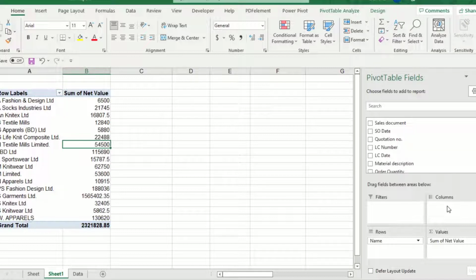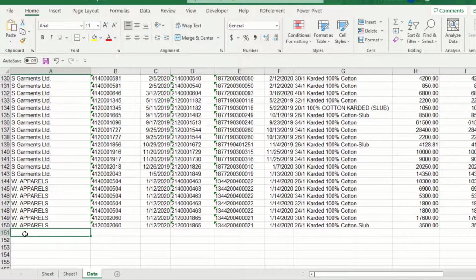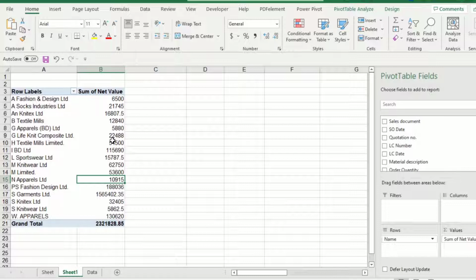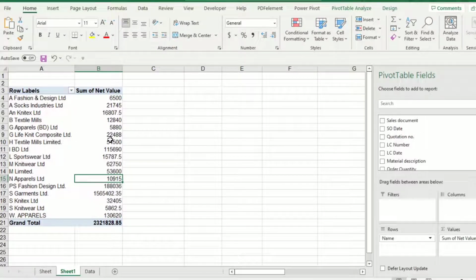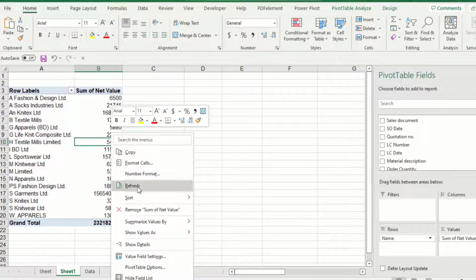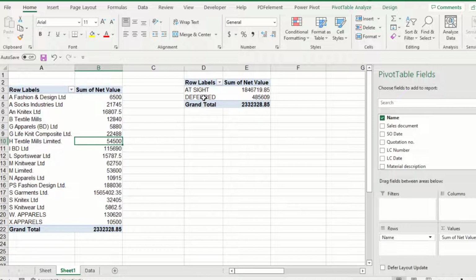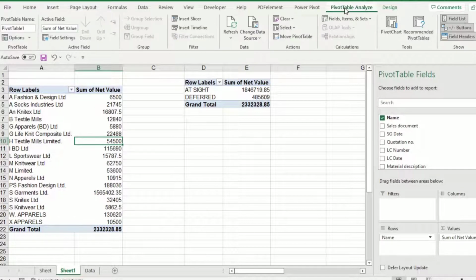If you add new data to your pivot table data source, then that pivot table needs to be refreshed. Otherwise, the pivot table data will not update. So, how to refresh pivot tables? To refresh, just right-click anywhere in the pivot table range. Then select Refresh. If you have more than one pivot table, first select any cell in any pivot table. Then on the ribbon, click PivotTable Analyze. Then select the arrow under the Refresh button and click Refresh All.